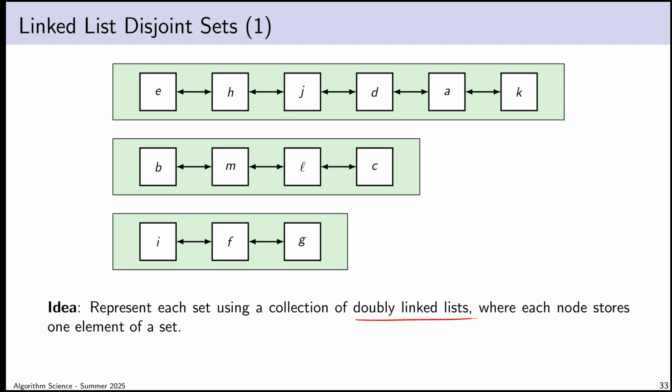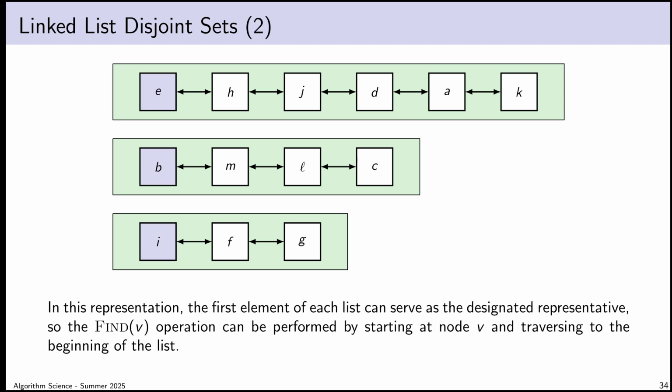So suppose I want to represent a collection of disjoint sets. What I could do internally inside my data structure is store each set as a linked list. I'll use a doubly linked list, and I'll explain why it has to be doubly linked in a minute, and then shortly thereafter go back on that and try using singly linked lists instead. So I've got three different sets, there they are, and I represent each one with just a list of elements. Then I have to choose a designated representative for each set, and I want some methodical choice. So what seems obvious is I'll just choose the first element of each list to serve as the